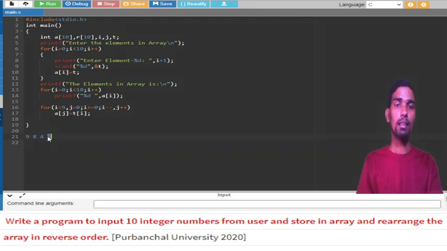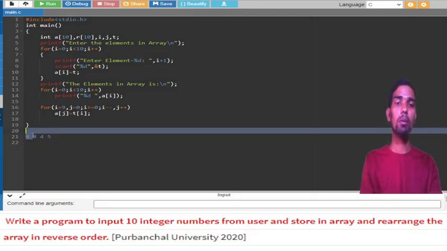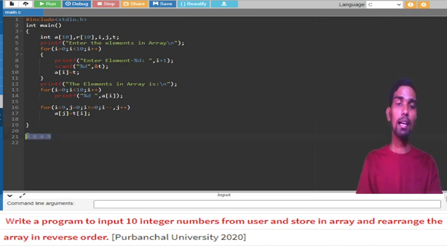Like that I am taking the last index and putting it at the first index, taking the second last and putting it second. Like that I am taking from the right side and putting in the next array from the left side, so it will be reverse, right? That's what I am doing here.